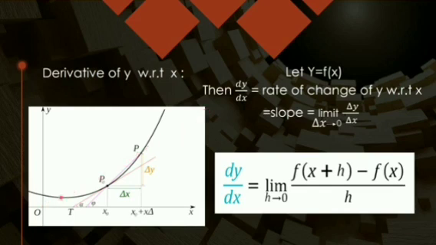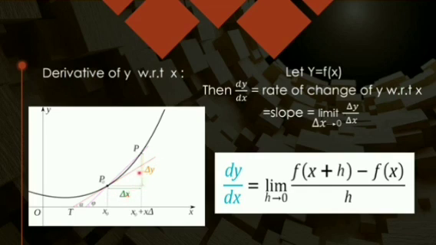Problem comes when I do not have a straight line graph and have some other shape. So whenever I have to find the change in y with respect to change in x, I take any two points on that graph. I draw the perpendiculars on the y-axis, and I draw the perpendiculars on the x-axis. Perpendiculars on the y-axis give me delta y. Perpendiculars on the x-axis give me delta x. So this is delta y, delta x.